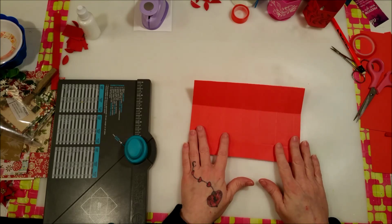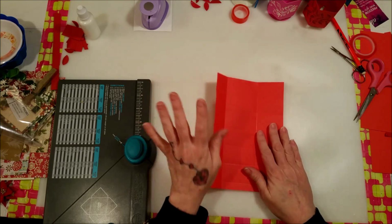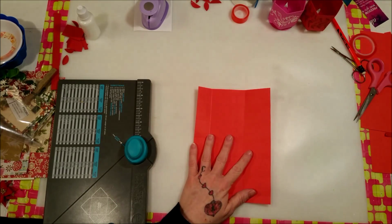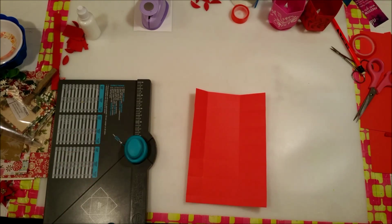punch. I'm trying to remember if I do this right. If I screw up, I apologize. I've only made 2 of them, so and I'm trying not to have to reference the video because I tried